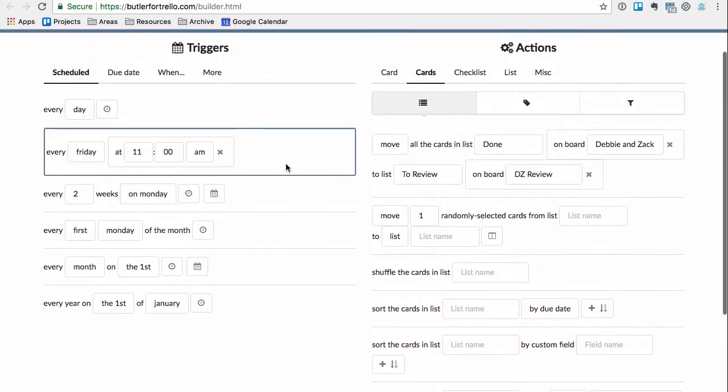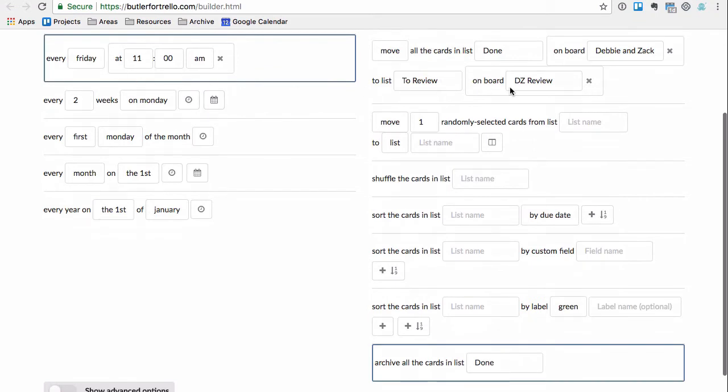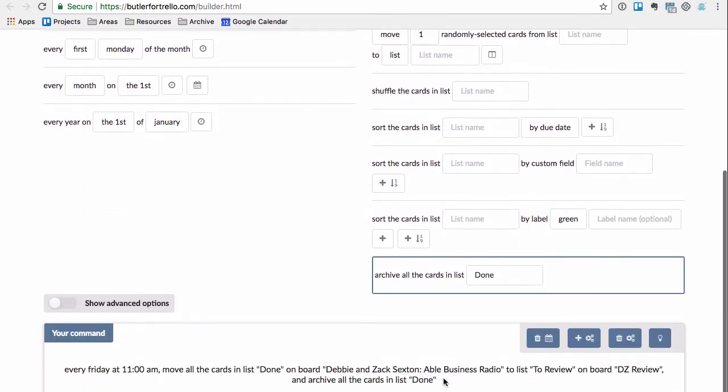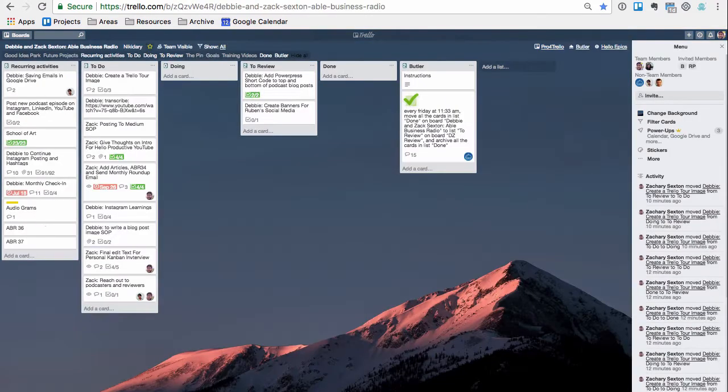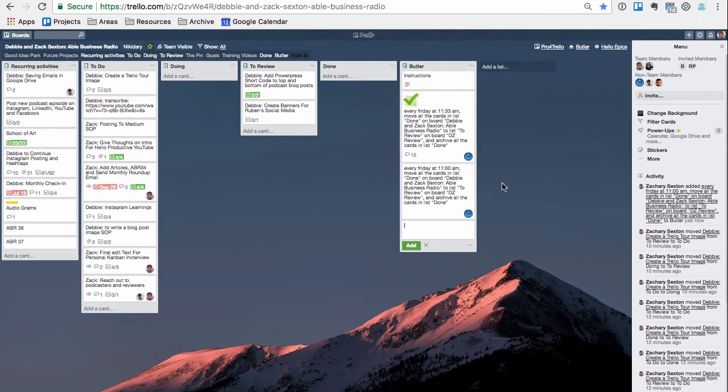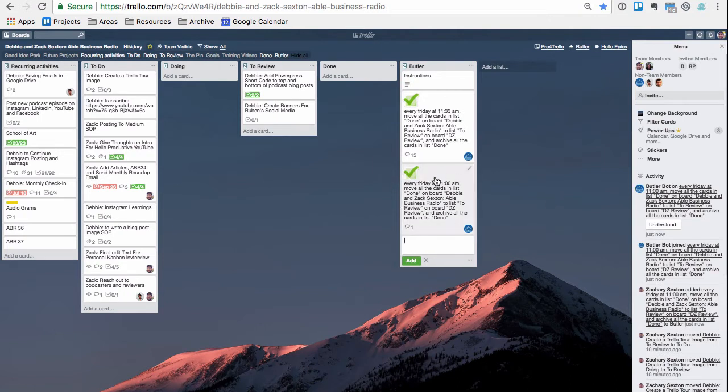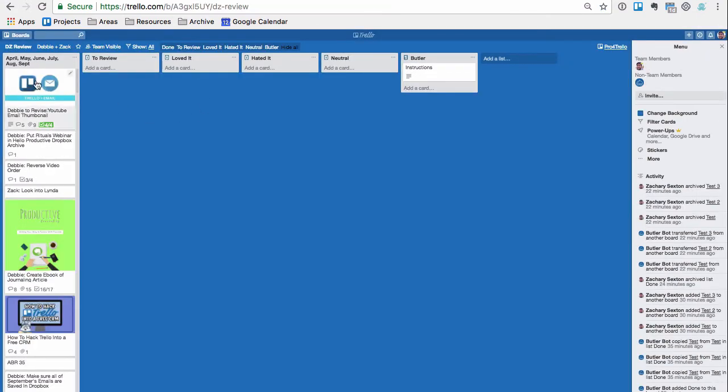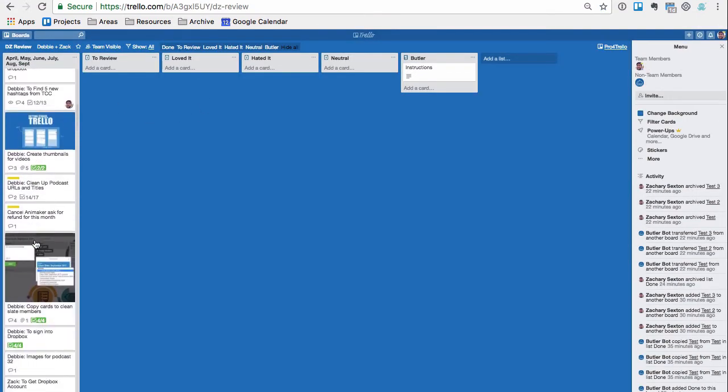So it's essentially you piecemeal together and you get the right instructions, and then from the right instructions you copy those instructions, and from there you just have to paste them, Control V right there, and add it. And if Butler understands the rules, it will make the automation happen. So it took me a few goes, but I moved my whole list of